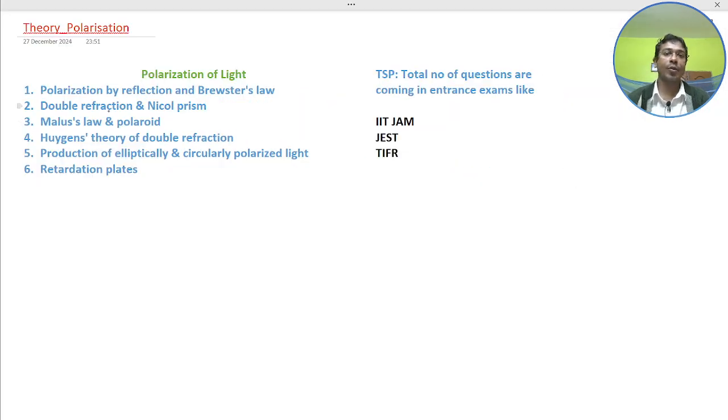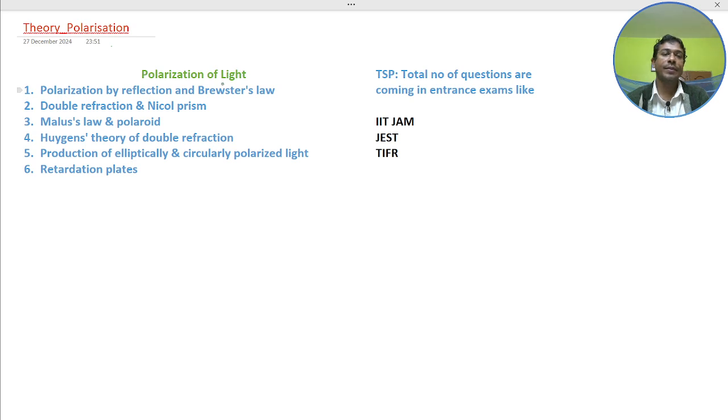Formally, we had discussed in our previous lectures the LS and the JJ coupling for NEET aspirants. Today we will discuss the polarization of light from the topics wave optics and oscillation for IIT JAM and JEST aspirants. Today we will cover polarization by reflection and Brewster's law, double refraction and Nicol prism, Malus law and Polaroid,